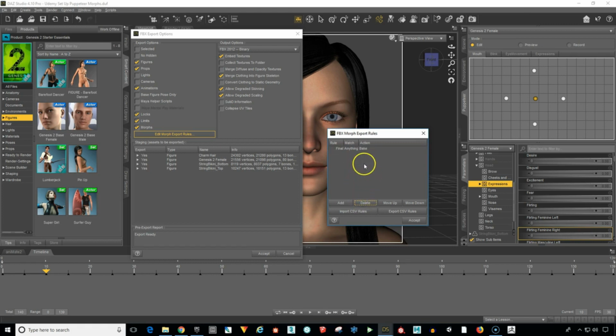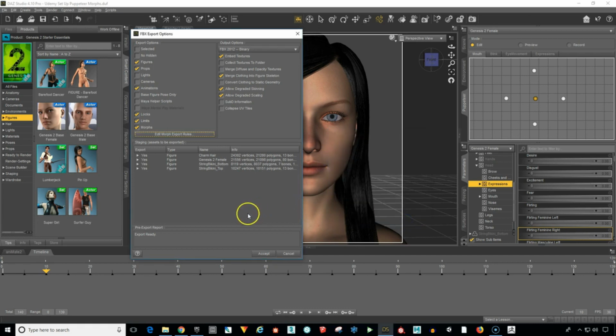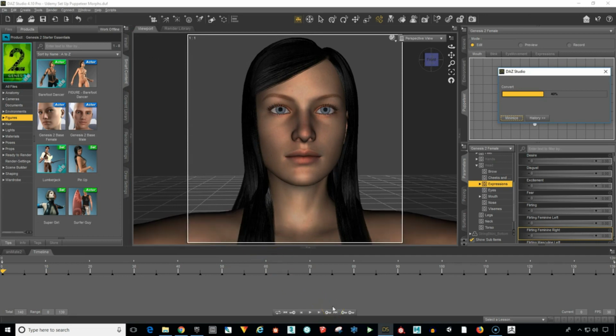So let's go ahead and delete that. Leave Final Anything Bake. Accept that. So it looks like we've got everything here that we need. Everything looks good. And then we just go down to Accept. And now DAZ is going to go through here and you can see over here